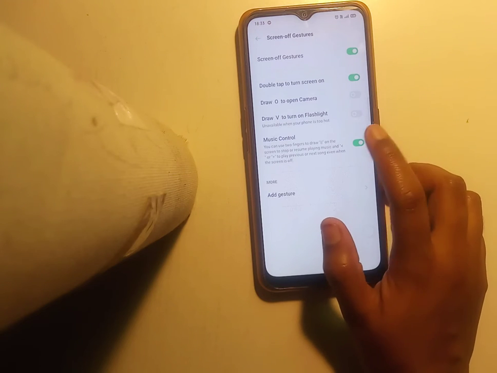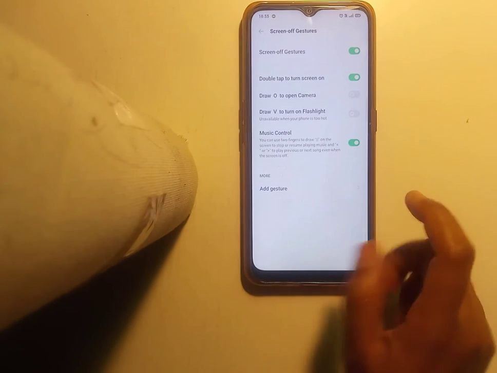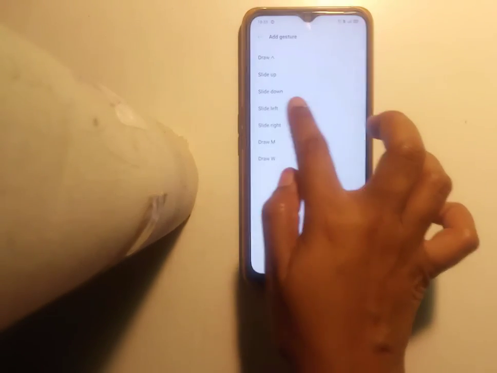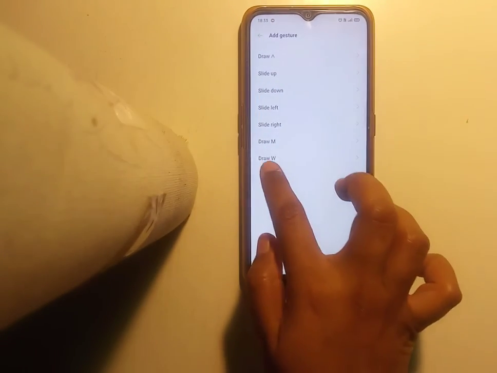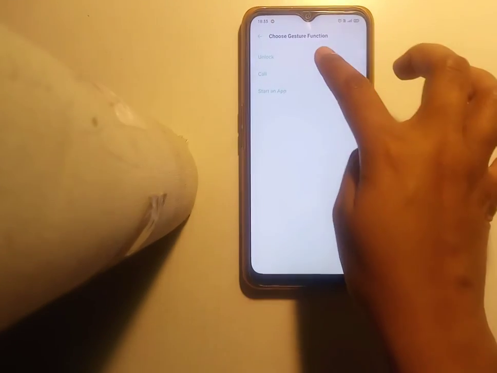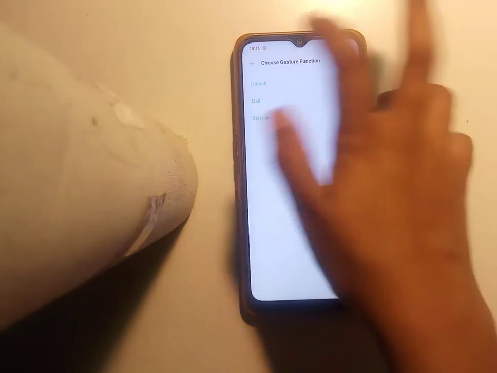Music controller also works like that only. Add gestures, you can add the gestures. They are all given: draw V, side up, side down, side left, side right, draw M, draw W for unlocking or calling or starting an app, like that.